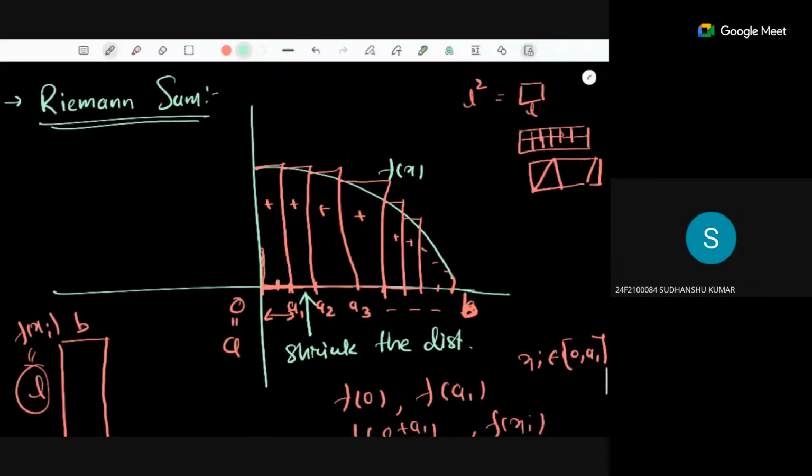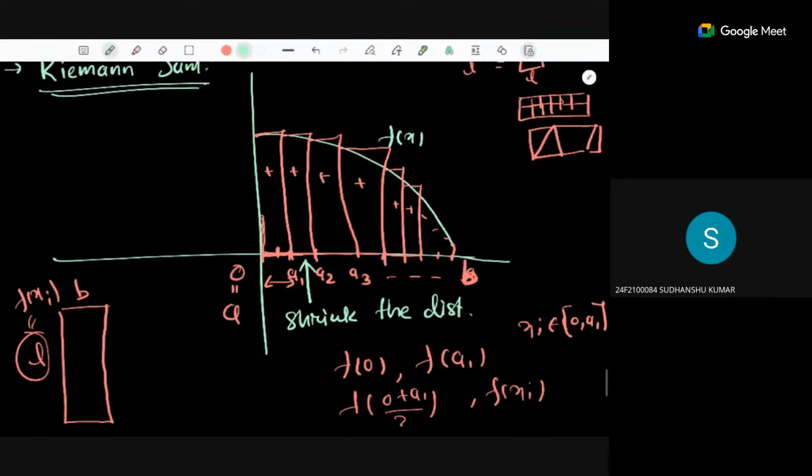Okay, so now we have three types of Riemann sum: left Riemann sum, right Riemann sum, and mid Riemann sum. Let's discuss them one by one. So what is the left Riemann sum? Left Riemann sum means, suppose f is a function,